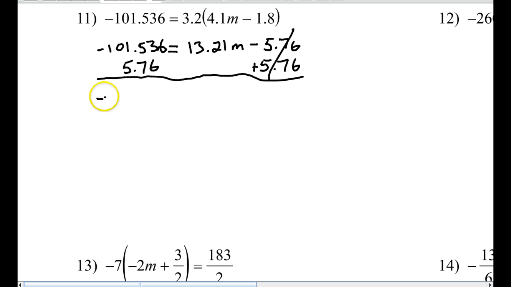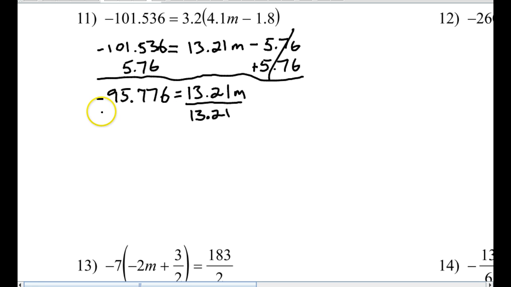That's negative 95.776 equals 13.21F. And our final answer, negative 7.25